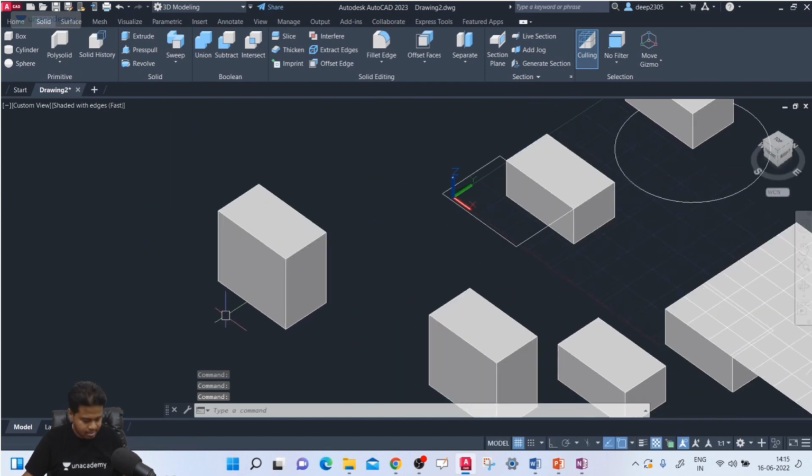Let us come here. Go to slice again. Select object to slice. Enter. Now we have z-axis. See, this is the direction of z-axis. Okay. See here. This is the direction of z-axis. So go to z-axis. Our next option is z-axis. Okay. Now,